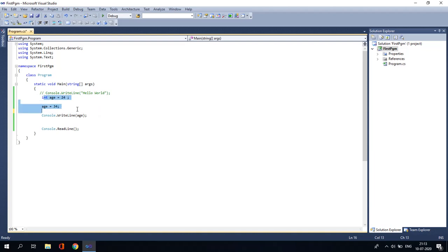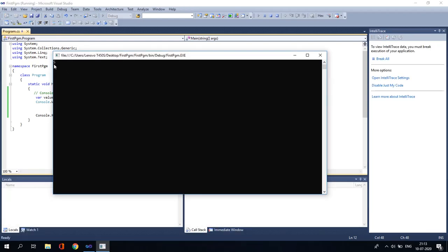Here I am declaring with the keyword var, value is equal to 5, and I am telling it to print this value. So let's run it. You'll get the value 5.